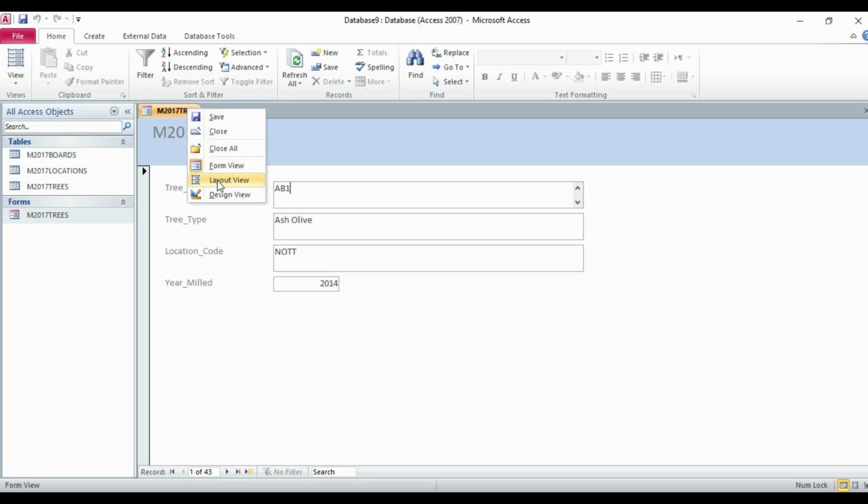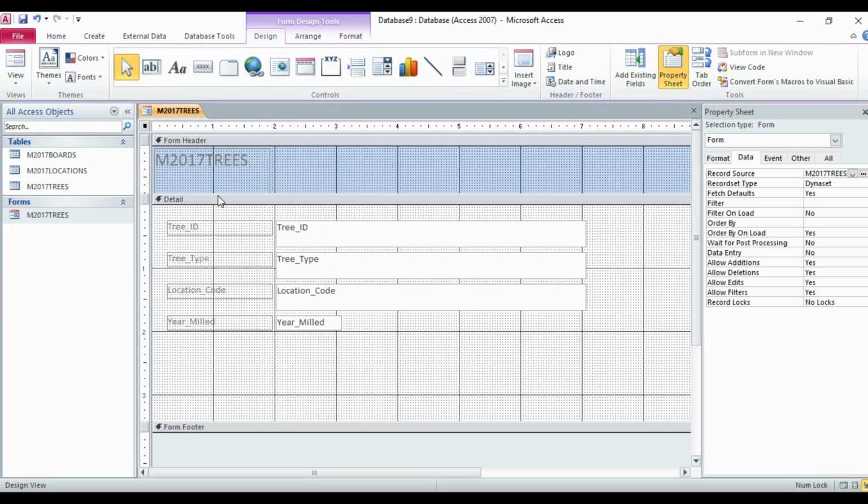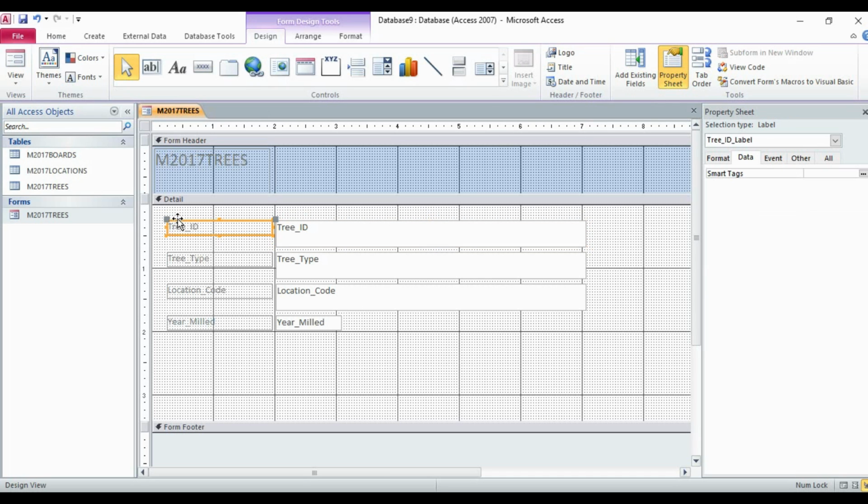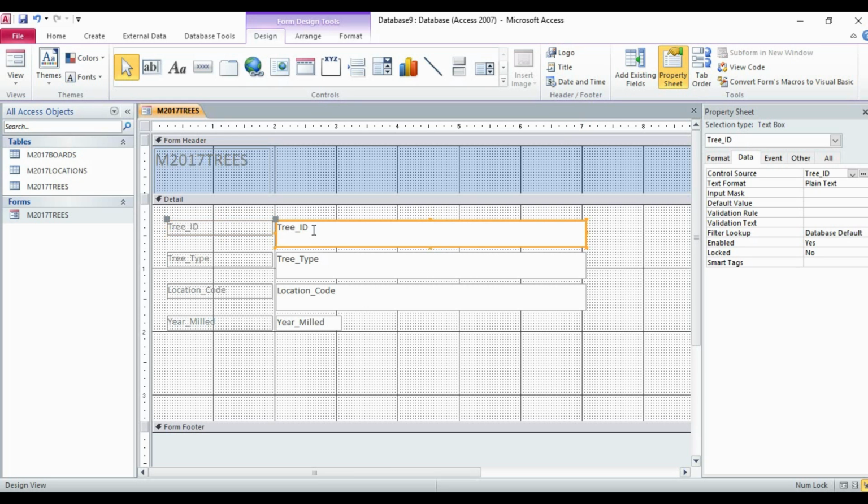Now simply click on the field name or the field where the value has been entered. Because we do not need to change the size of the field label, that is tree id, we have to change the size of the text box where values will be entered. So simply I will click here and then it will be in. Similarly I can do this for this.